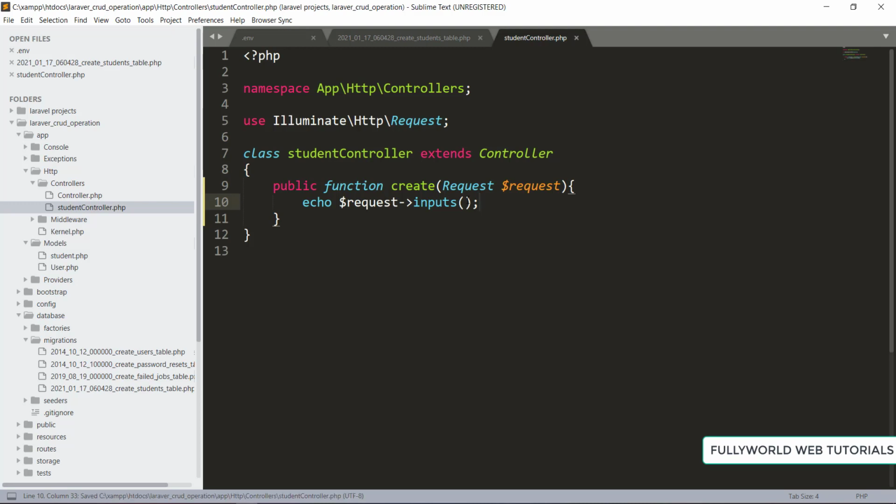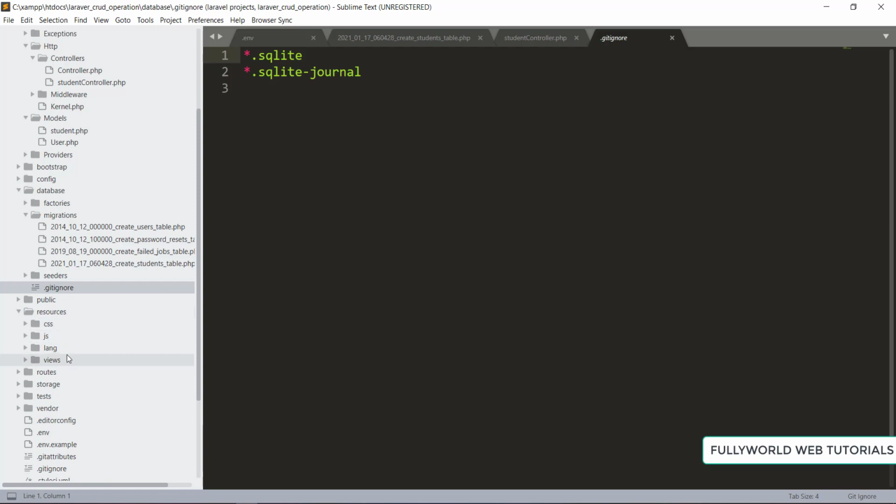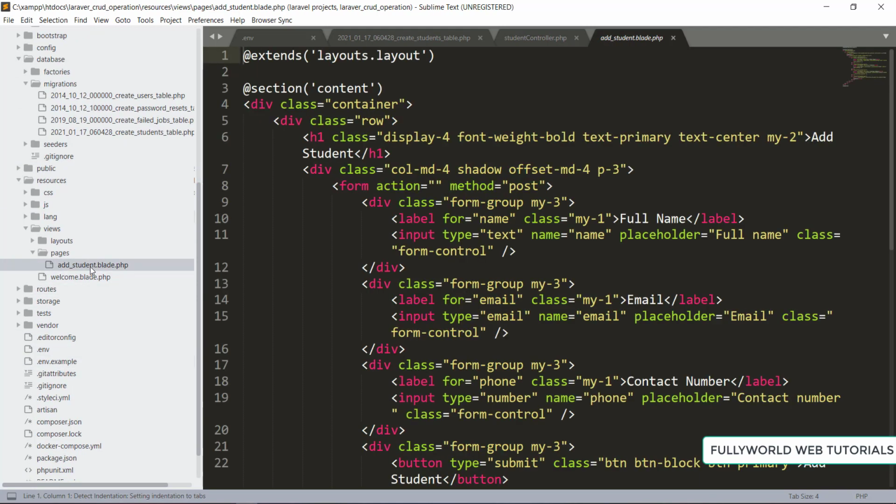So save it, and now let's go to our application. We have to set the route also, so that we can work with this student controller. How can we do that? First of all I go to resources, views, then pages and our add student blade. Here there is one action method, so we have to set this action method also.